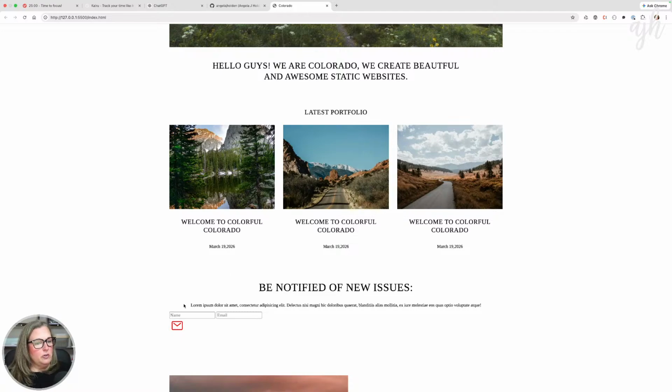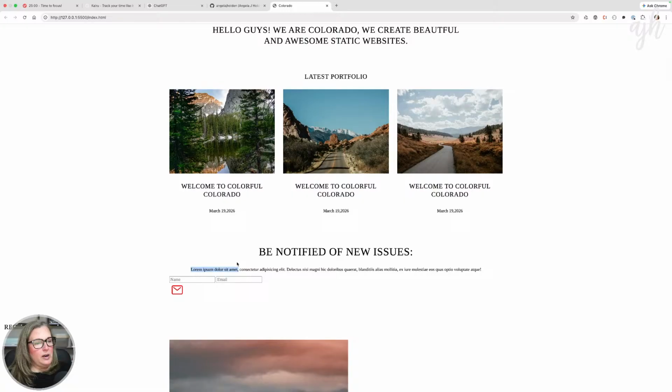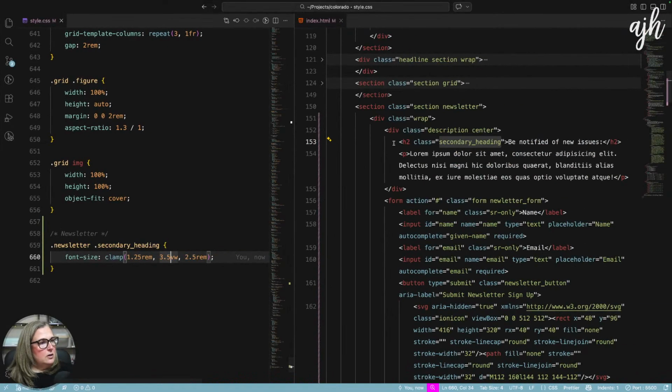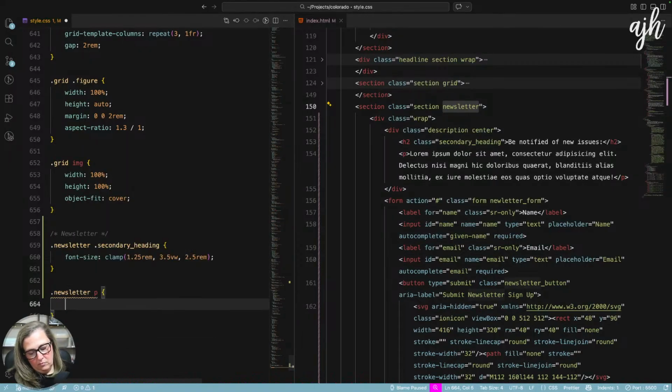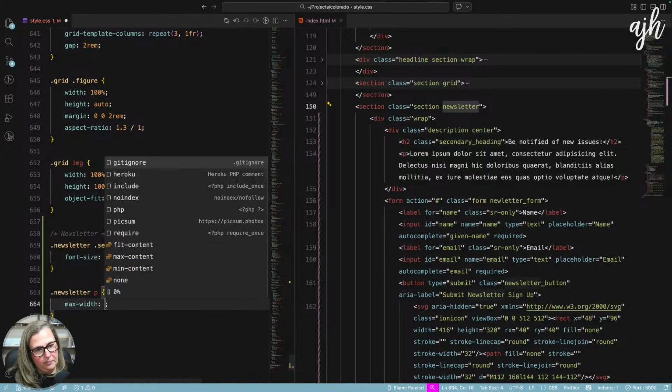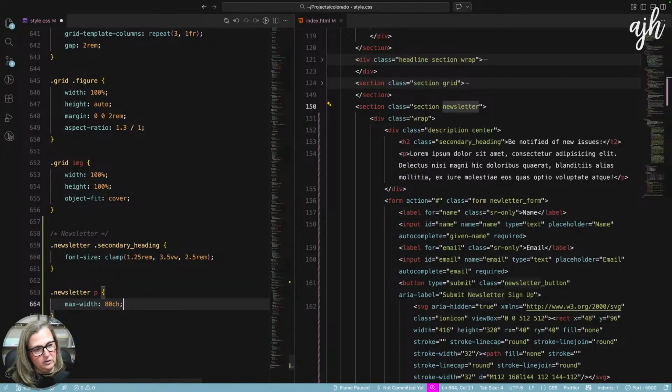And then let's make sure that just this paragraph does have a max width. So I'm going to do the newsletter paragraph. And we'll say max width, we'll say 80 characters.